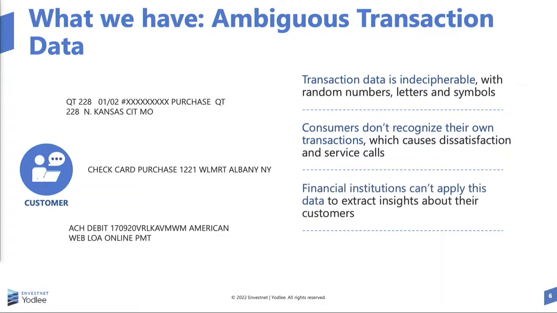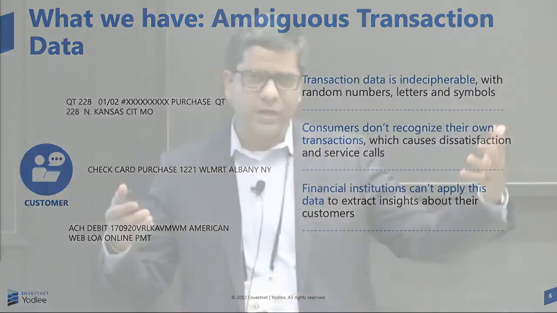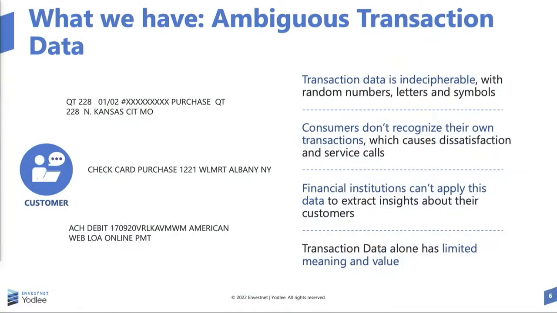More importantly, the transaction description by itself, stored in a data warehouse or in an online system, is very hard for financial institutions to use. If you have data which looks like the data on the left side, it's very difficult to extract information out of it, build solutions on top of it, and generate insights from it. So that's the other part of the problem. Basically, the statement I'm making is that transaction data, or the transaction description by itself, has very limited value.